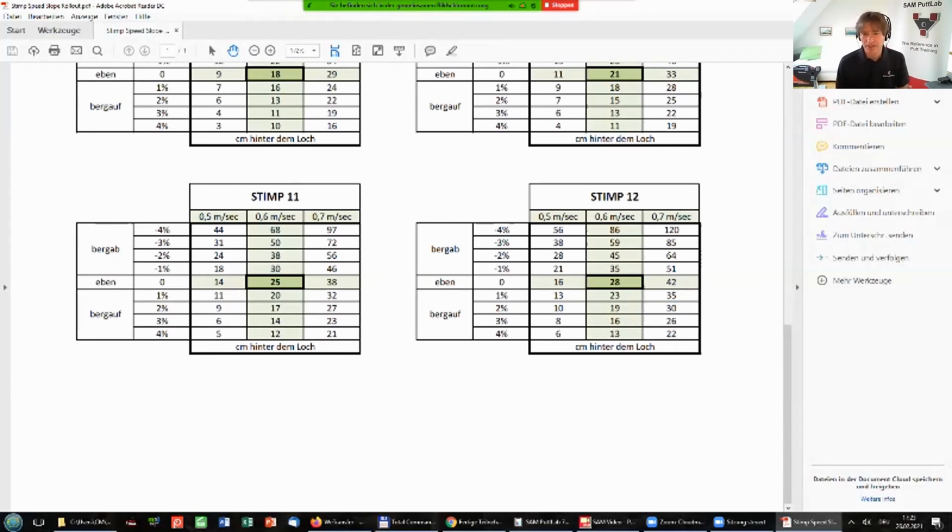So for example, if you would select a specific entry speed, let's say 0.6 meter per second, then the distance behind the hole would be very, very short for an uphill putt. If the uphill putt is 2%, you would be only 90 centimeters behind the hole. And if you would be 2% downhill, this entry speed would result in a distance behind the hole of 45